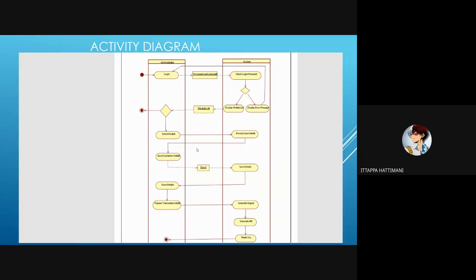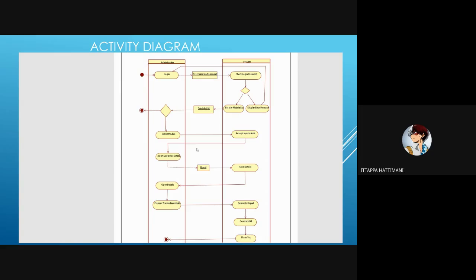After he selects the module, the details will be prompted, and after that the customer will be asked to fill the details, and then the details will be saved in the system. When the system is saved, the vehicle will be allotted.